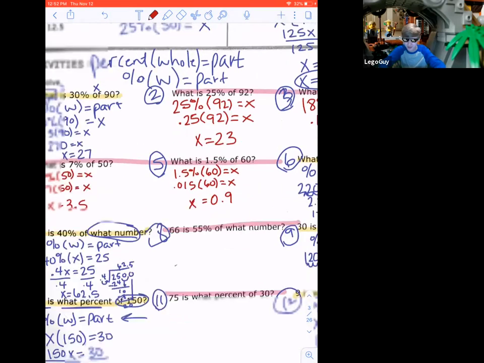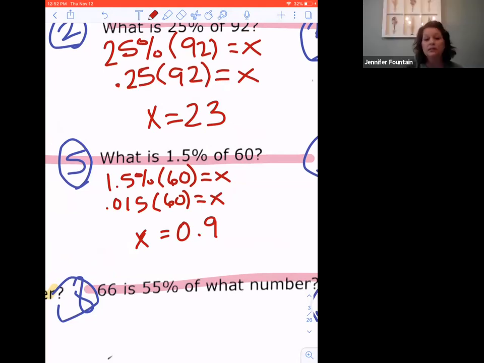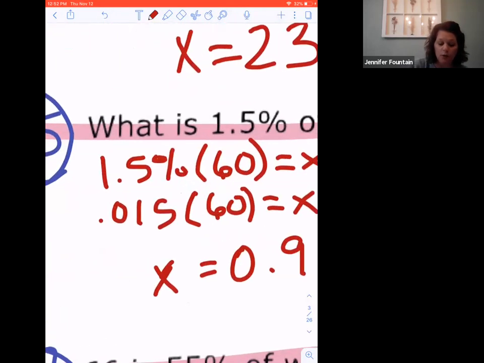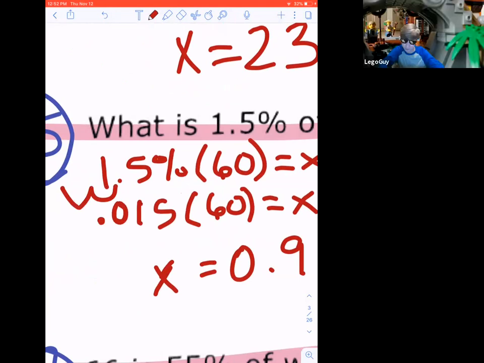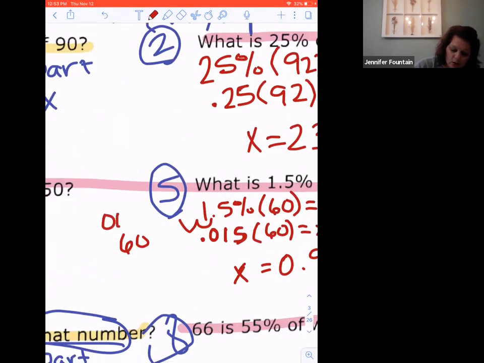Let's see. Wait. 1.5% of 60 should be bigger than 60, right? No, it's 1.5%. So remember, as a decimal, 1.5, I would move my decimal 2 places to the left, so I'm doing 0.015. So when I have 60 times 0.015,